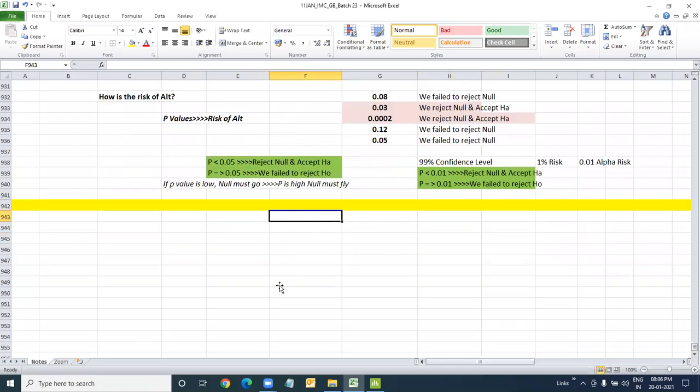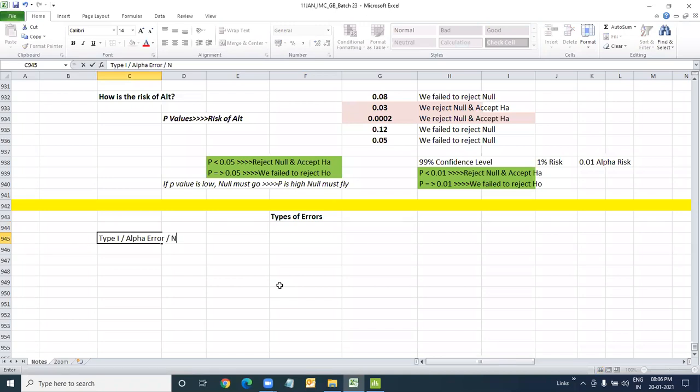Just the basic stuff we have to keep in mind: there are types of error, mistakes that we might make. There are two types of error which we can make when we're dealing with these null and alternate hypotheses. Now, these errors are possible. There's something called a type 1 error. These are mistakes, and you may call them alpha error,